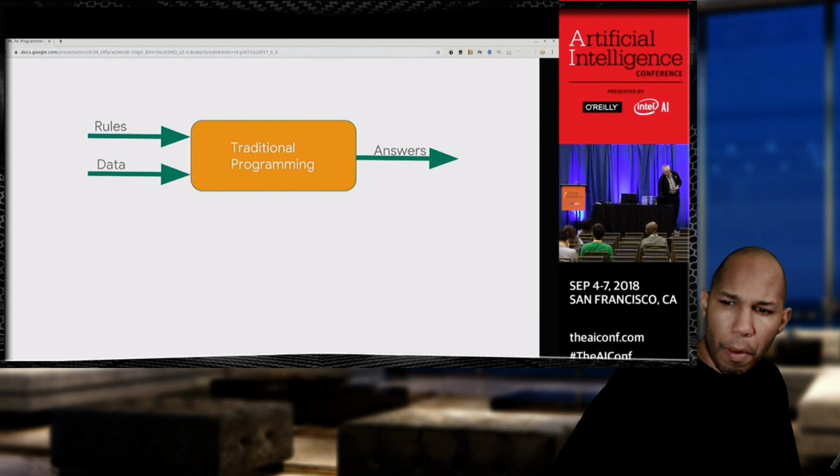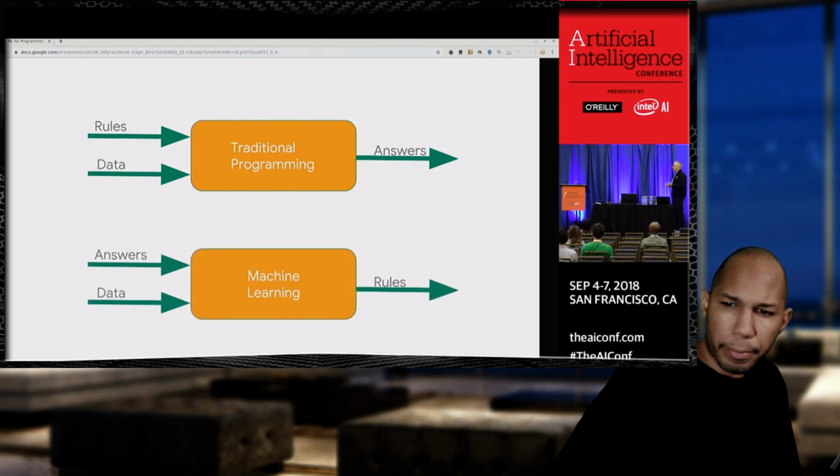The machine learning revolution just flips the axes on this. So the idea behind the machine learning revolution is now I feed in answers, I feed in data, and I get out rules. So instead of me needing to have the intelligence to define the rules for something, this revolution is saying that, OK, I'm going to tell a computer that I'm doing this, I'm doing that, I'm doing the other, and it's going to figure out the rules. It's going to match those patterns and figure out the rules for me.